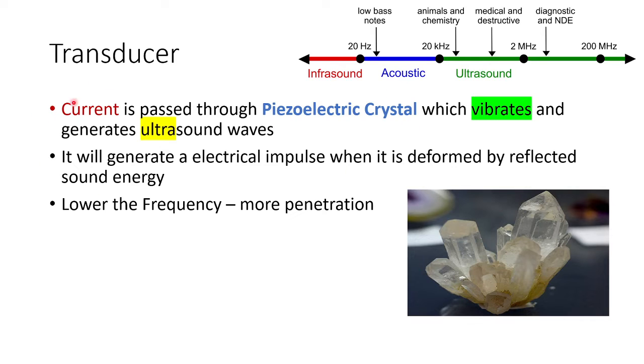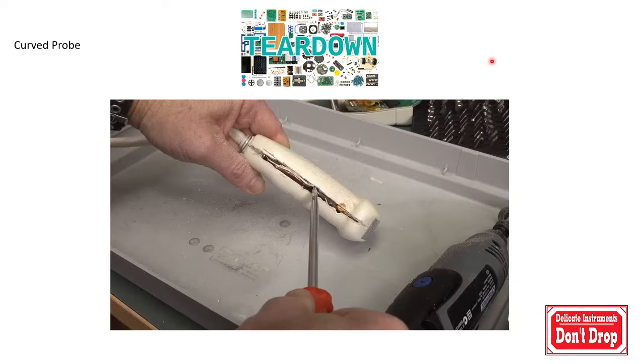When we talk about the transducer, the lower the frequency of the transducer, generally the deeper the sound waves can go into the tissue, with more penetration. Our acoustic range is 20 hertz to 20 kilohertz, and above that is ultrasound. And out of curiosity and interest, I'm showing a video of what is